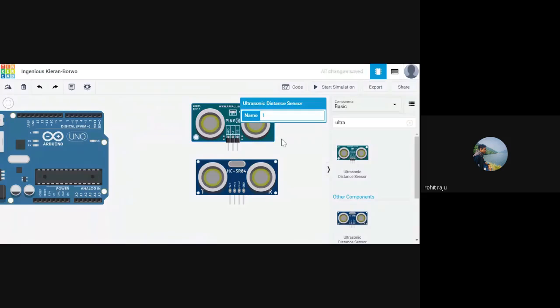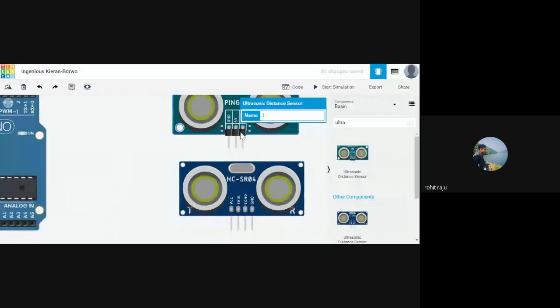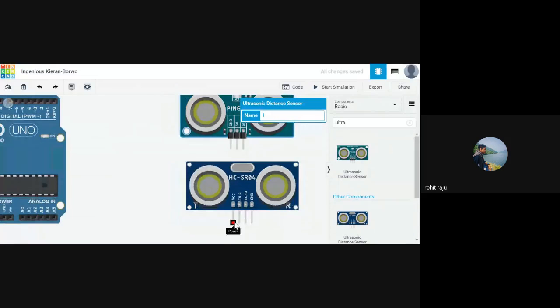Another more important difference is you have 3 pins for this, whereas you have 4 pins for the other. We have a ground pin here, which is common, and a power pin, which is 5 volts. So this is VCC, the power pin, and it has a signal pin, whereas this thing has 2 pins, which are the trigger pin and echo pin.